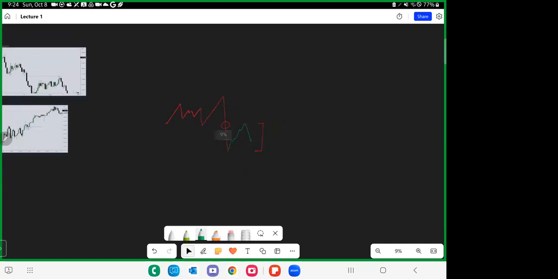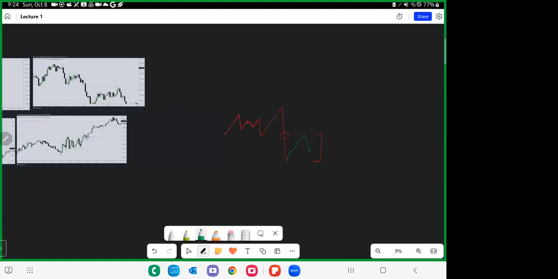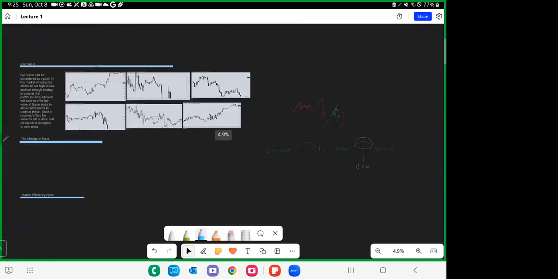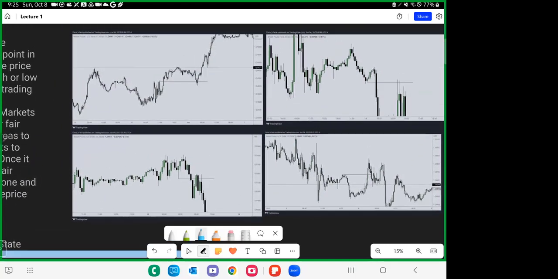So this is why earlier when I'm saying, hey, the market trades from discount to fair value to premium, and so on and so forth, what you should be hearing when I'm saying that, let's say if I'm saying discount to fair value, and then fair value back to discount. What's key about me saying this is that within here, something is taking place. What's taking place is the change in state of delivery. So we go discount, fair value, back to discount. Change in state. So let's look at a few examples of fair value, and then we'll move into talking about the change in state. So if you guys look here,